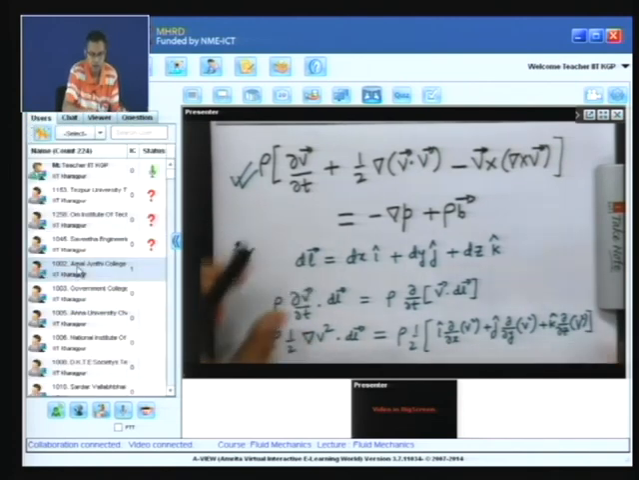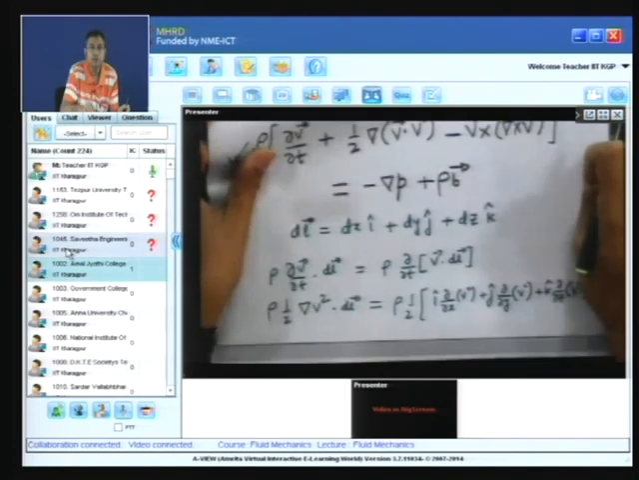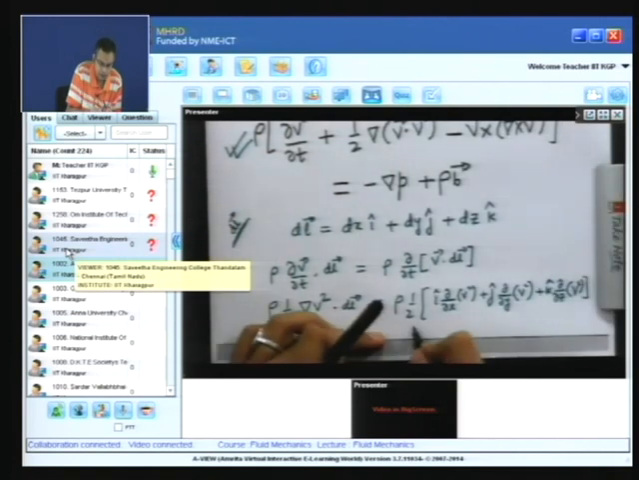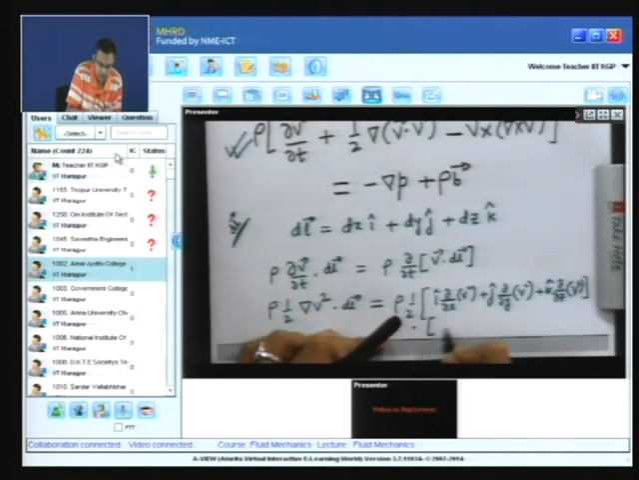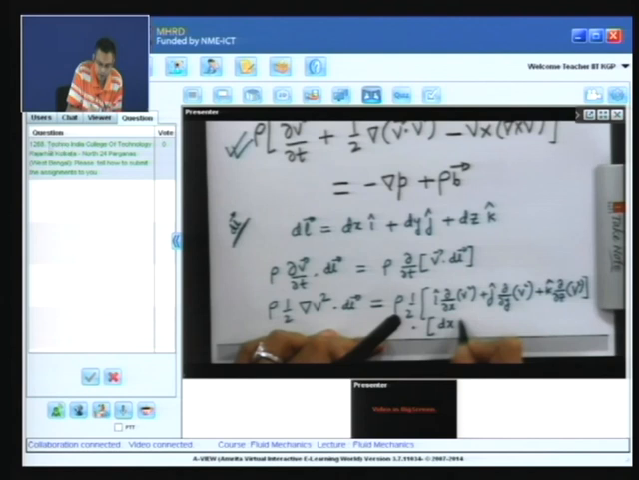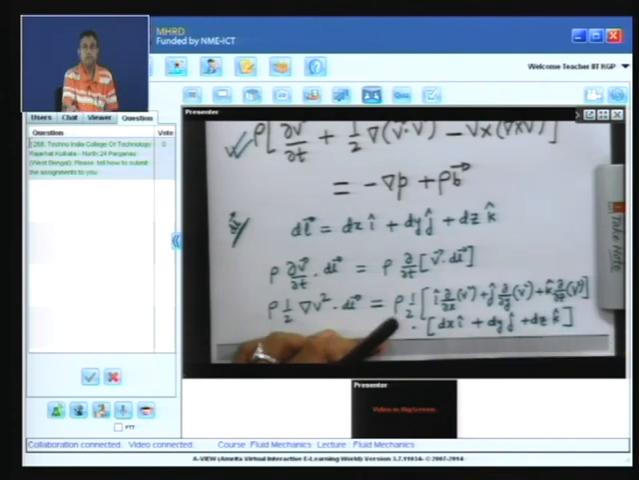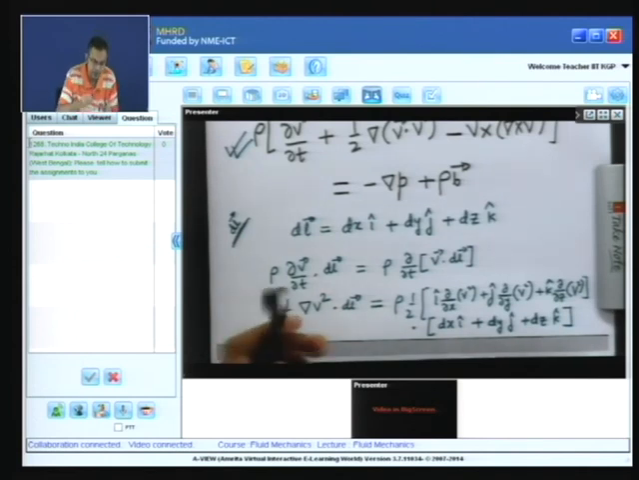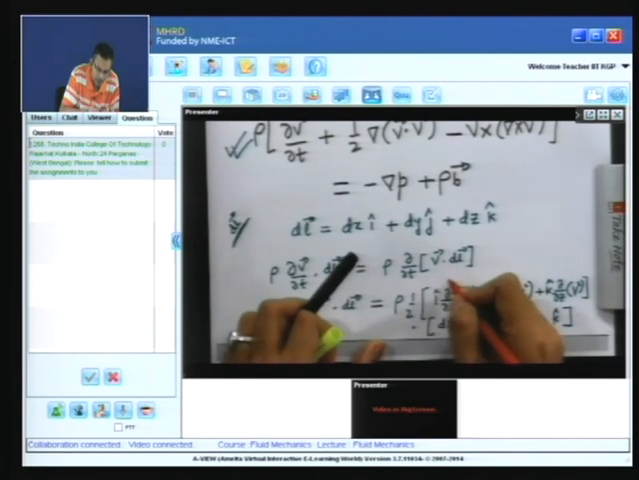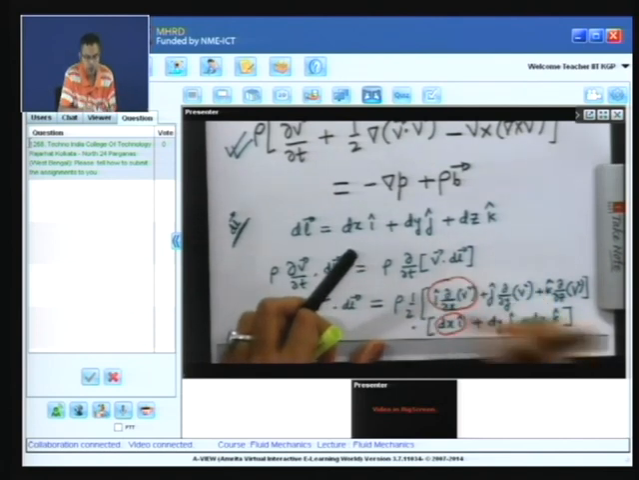This dotted with dl, dx i plus dy j plus dz k. So, if we do that, let us see this simplification. This i component dot product will come with this i component. So, it will become,